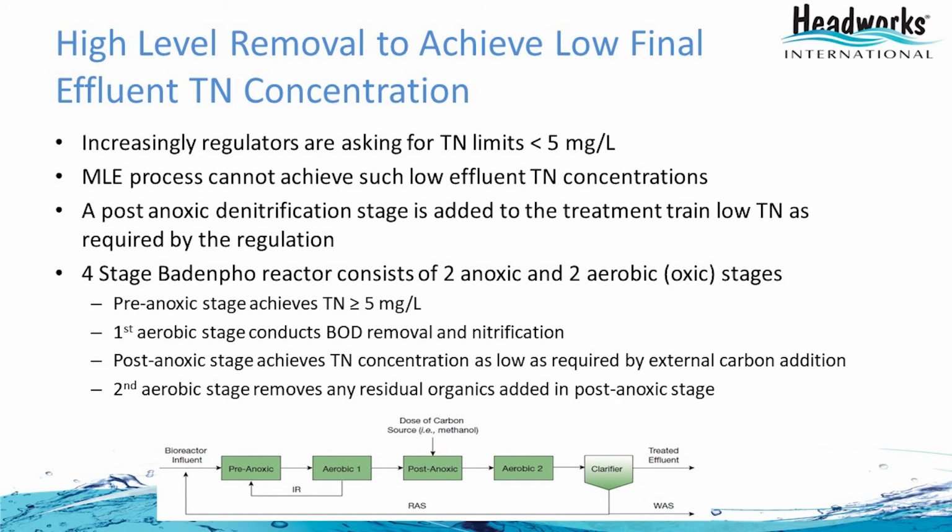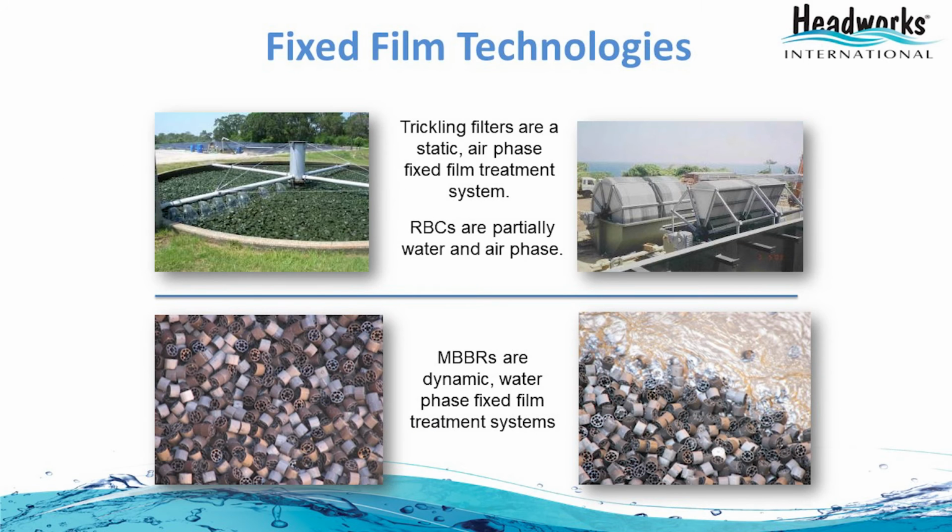Then if you want to go beyond the total nitrogen limit of 5 milligrams per liter, then you have to add a post-anoxic stage, where methanol or another organic substrate is added from an external source, and this is called the post-anoxic reaction, and then any residual methanol is oxidized in the post-aerobic polishing reactor, and the clarifier conducts solid liquid separation. So what I just described is the basic suspended growth process, and then there are fixed film processes,